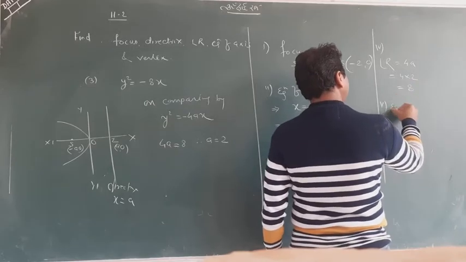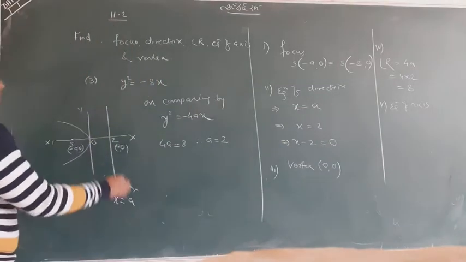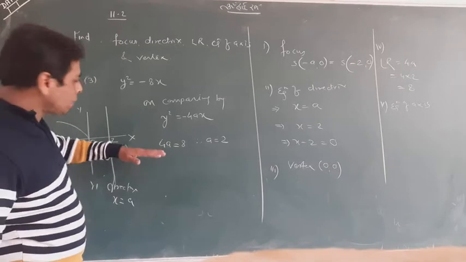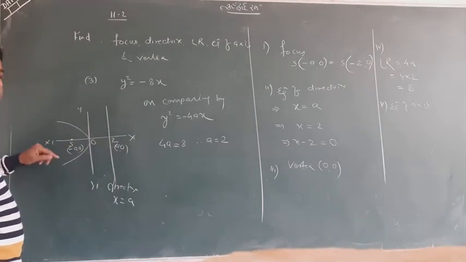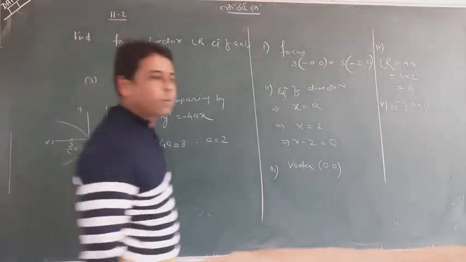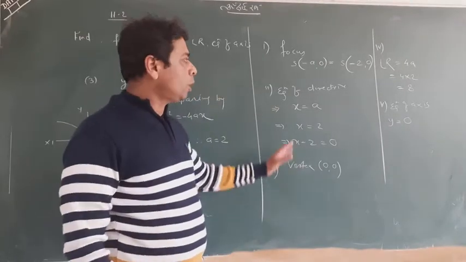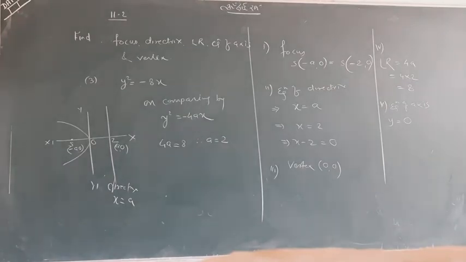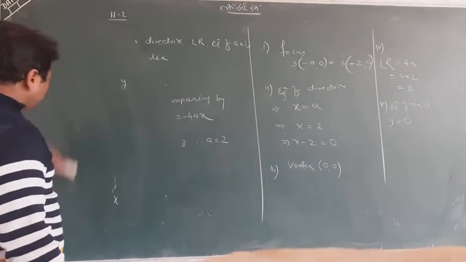And last, the equation of the axis of the parabola. You should see that the parabola is lying along the x-axis. So it depends on the equation of the axis along which the parabola is formed. The equation of the x-axis is y equal to 0. So the equation of the axis of the parabola is itself y equal to 0. So these 5 things can be easily obtained. You should only know the structure and formulas of the parabola. If you know all kinds of parabola, you can easily find it out. Okay, so this was an easy question.